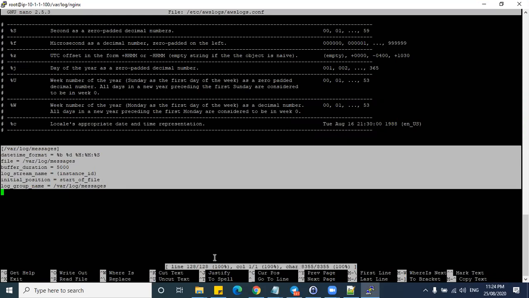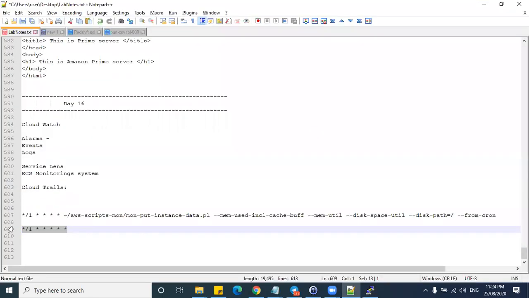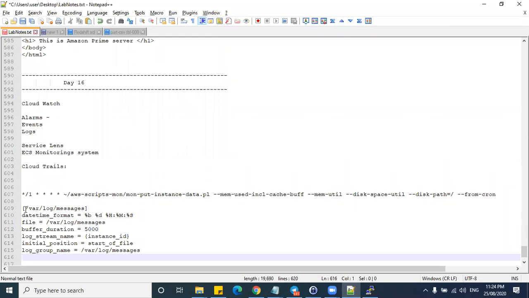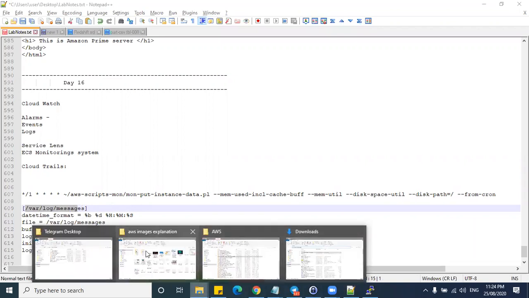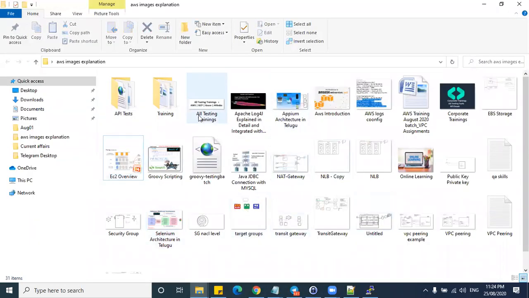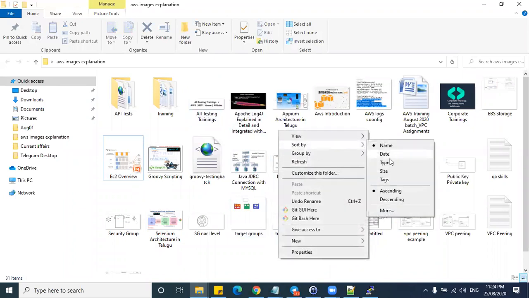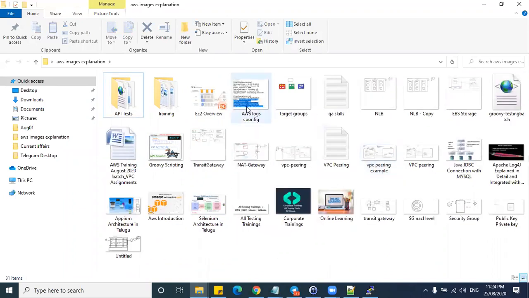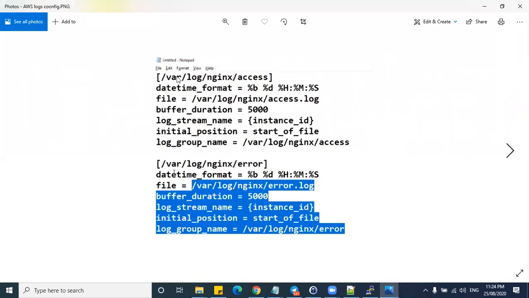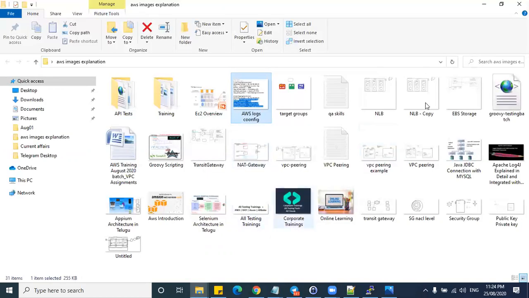Let's paste it here. So I have taken a snapshot. So here we need to provide the nginx var log nginx access, and here we need to provide this complete file path and the duration, and the instance ID will be automatically picked up.